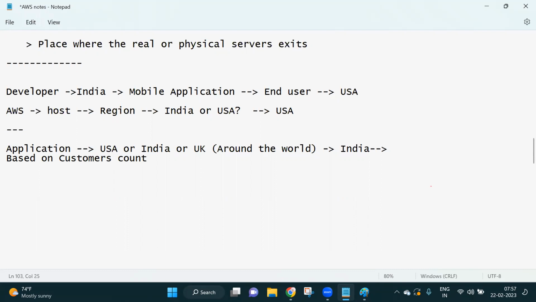Suppose in USA, if you have more number of customers, then you can select the USA region. Suppose in UK, you have more number of customers, around 10 crore customers. Then wherever you have a huge customer base, based on that, you have to select the region.